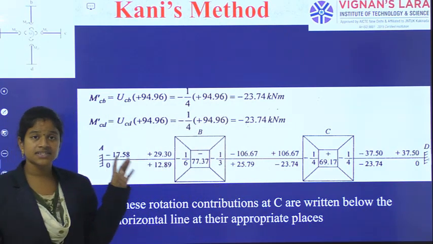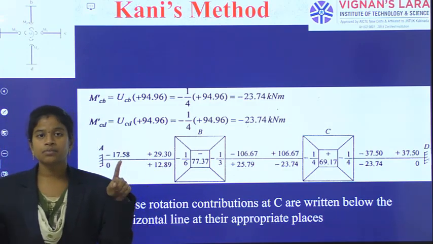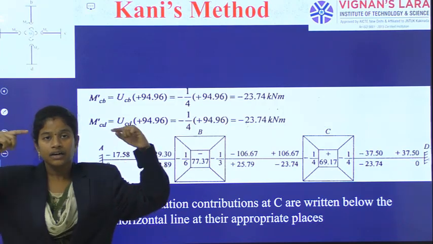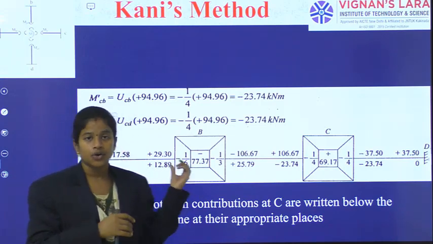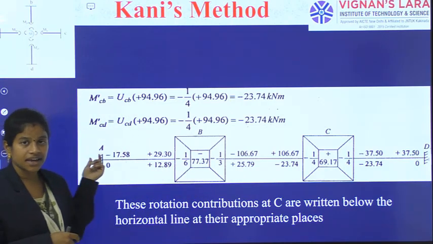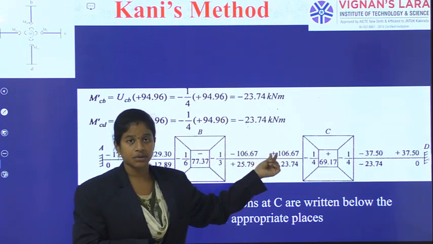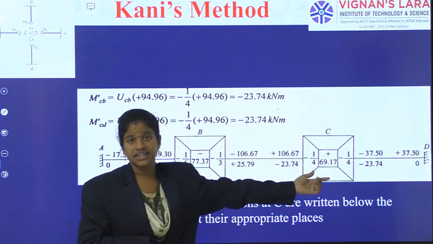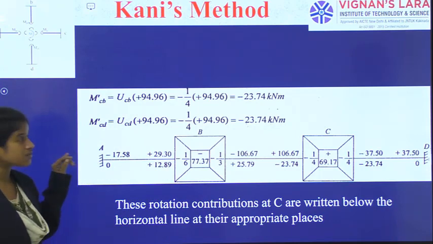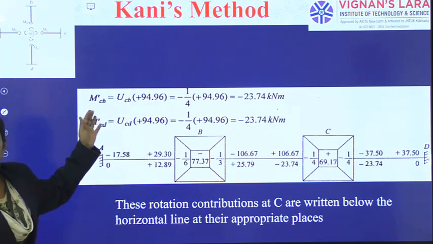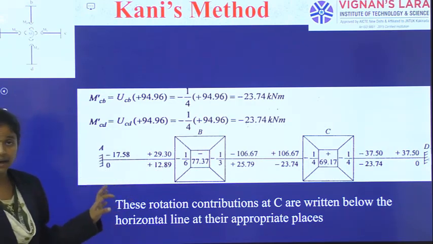In this way, the first line: initially beam, joint indication, sum of the fixed moments, rotation factor indication, all fixed end moments indication, and then the first joint we observed and calculated the rotation contribution at B towards A, at B towards C, and then we observed joint C. Again we calculated rotation contribution at C towards B, and C towards D. So in this way the rotation contribution calculation and the fixed moment implementation was over. Again I am going back to joint B itself. So repeated cycles we have said, right? So that joint B I am doing.